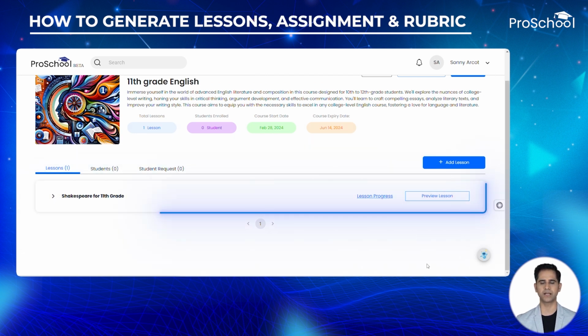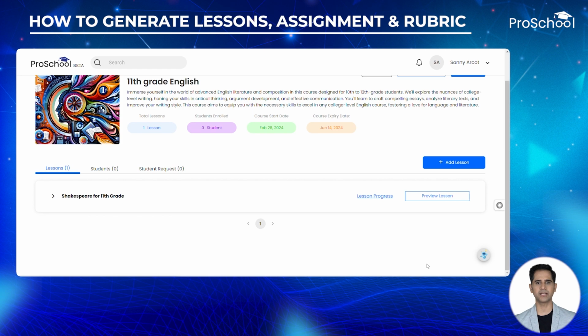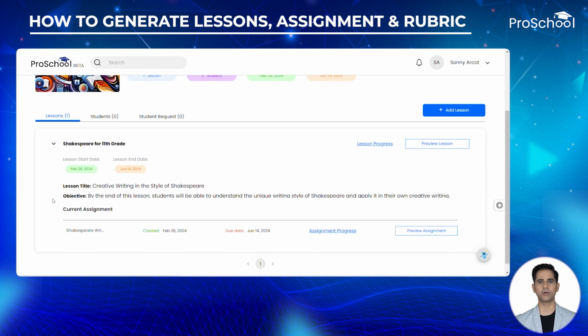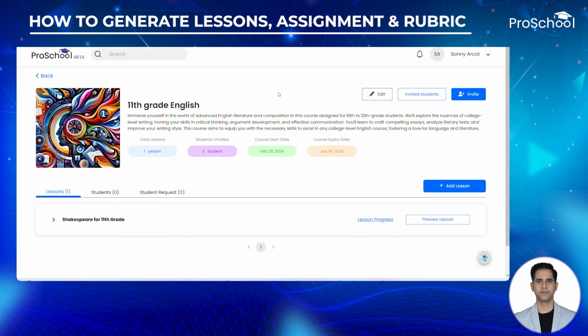You can also see that the lesson Shakespeare for 11th grade is created. Click on the arrow. You can see some information about the lesson. If you'd like to go into the lesson and make some edits or preview the lesson, you can do that. Your course is now vibrant with lessons and assignments, each accompanied by clear rubrics. For more helpful tutorials and insights on making the most of your digital teaching experience, be sure to visit ProSchool.ai